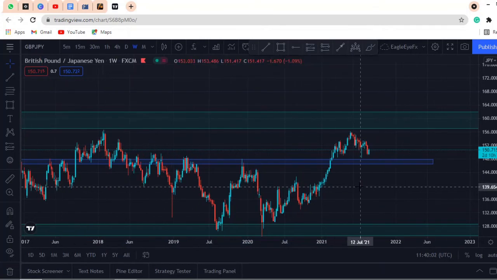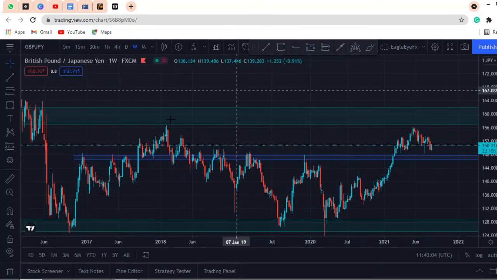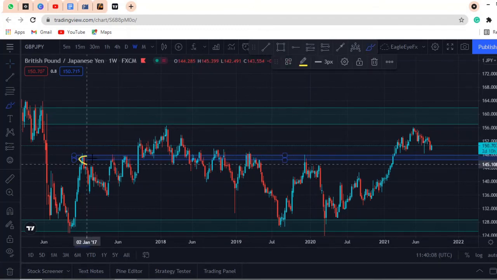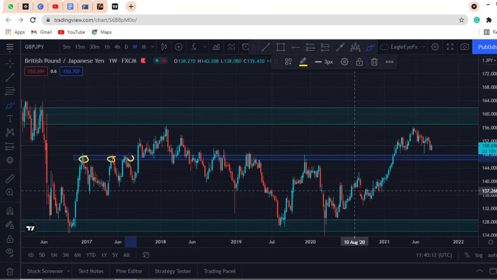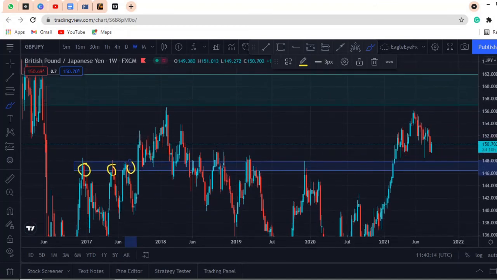The reason why I've drawn that there is because you see this rejection here and here and here, right? Before this market was able to break and find support, another support, some fake out, but there was support. Then it gave people, the early sellers,